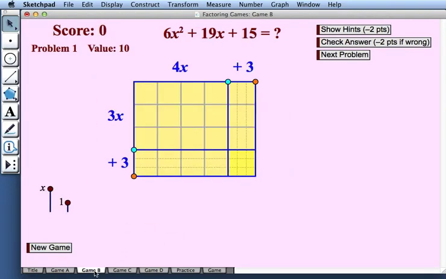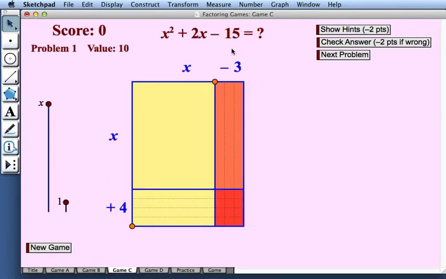As the games progress, they get harder. Now we have a coefficient other than 1 in front of x squared. Here, in addition to just adding, we have a negative sign, so that makes things a bit harder too. So here, for example, to solve x squared plus 2x minus 15, I'm going to drag this orange point